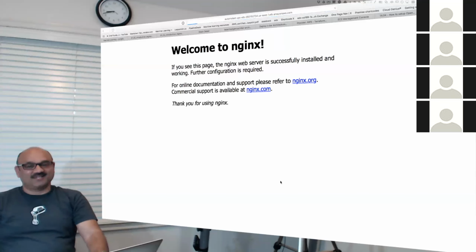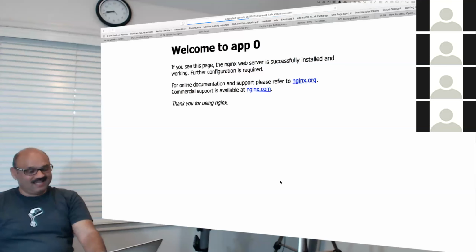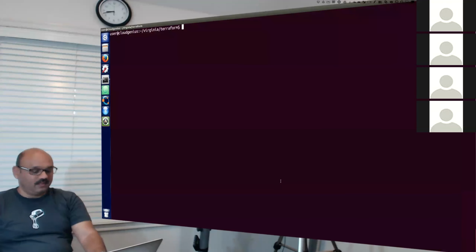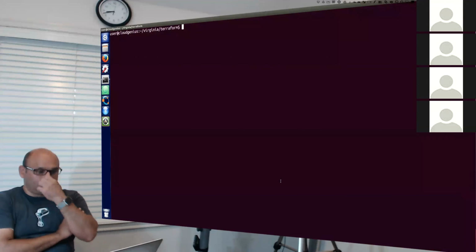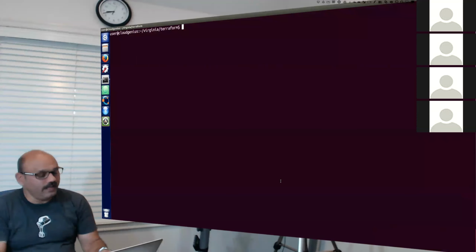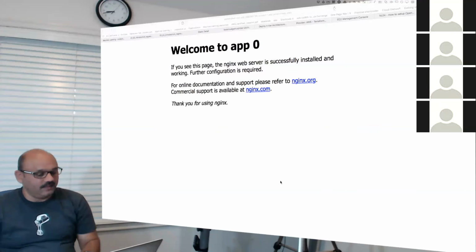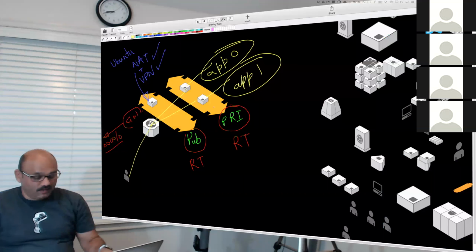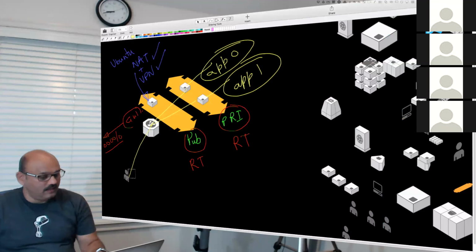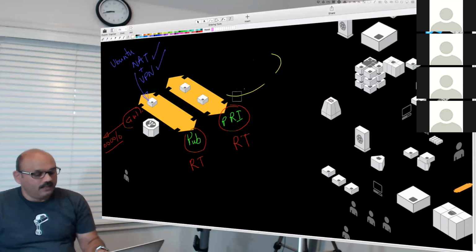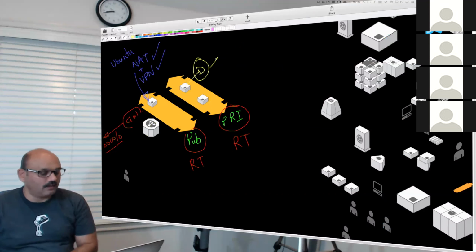What did I just do? Sometimes it shows me nginx. Sometimes it shows me app0. What is going on? Load balancer, different server. Bingo. Exactly. What is going on is that I modified the HTML file inside this Docker container that runs nginx.